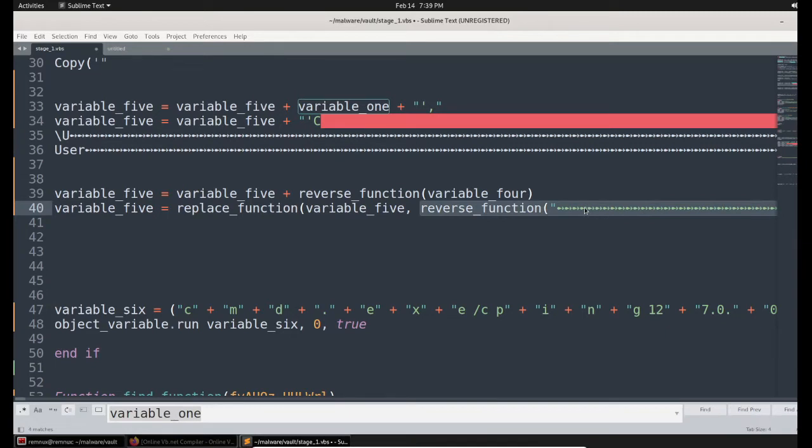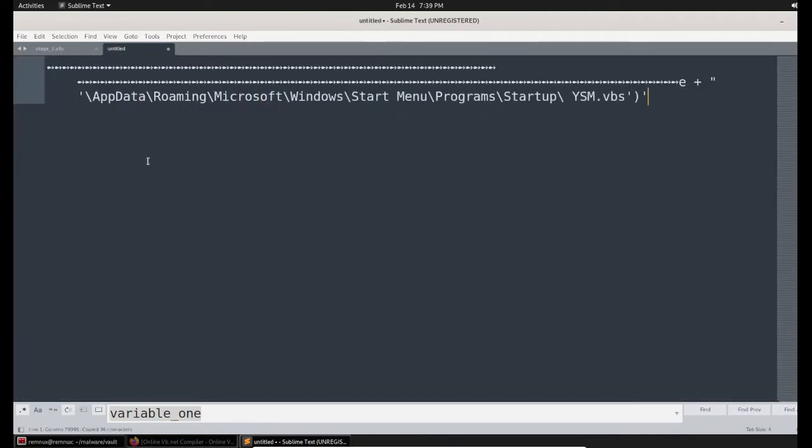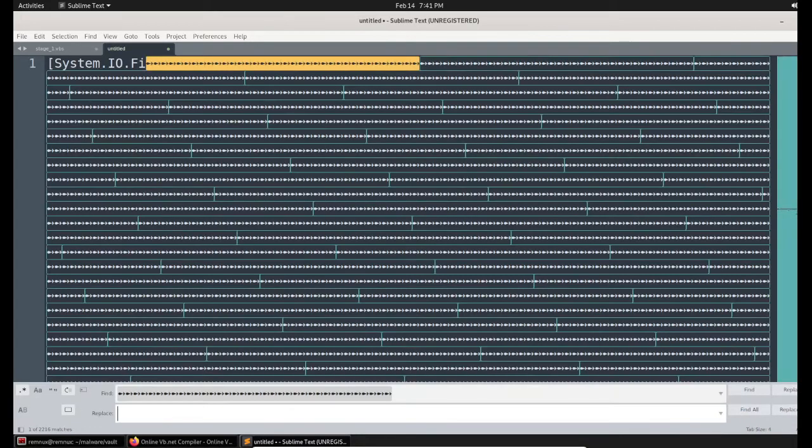So what we have to do, we simply need to copy this non-writable string and replace it with an empty string. And the empty string will be the third argument. So let's copy this and perform the replacement operation in this sheet. Control F. And here we chose that string and we need to replace it with an empty string. So let me click replace all and we need to wait for some time to get it done.